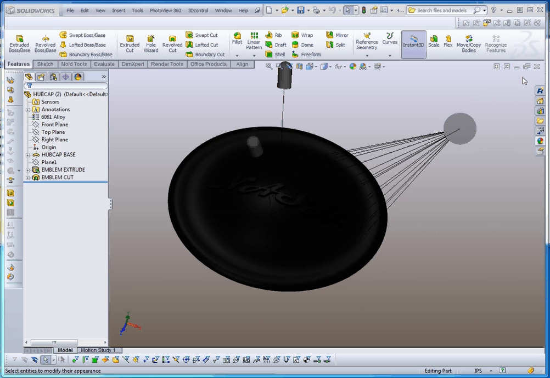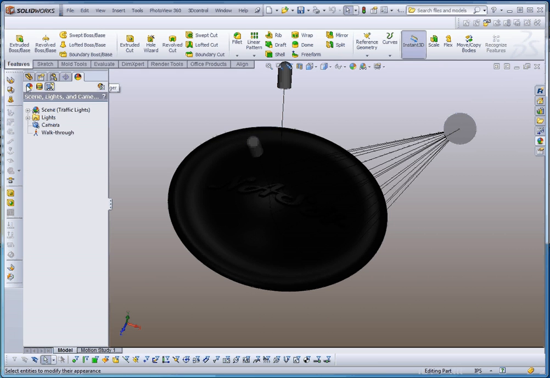Okay, Mr. Gibson, your hubcap's not showing up. First thing you need to do is go to PhotoView360 if you haven't opened it up. It's under Tools, you do Add-ins. And now what I suggested doing is going to your Appearance, go to Display Manager over here, go to Clearance